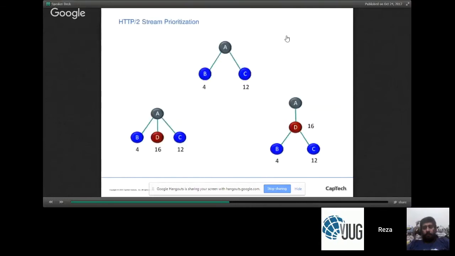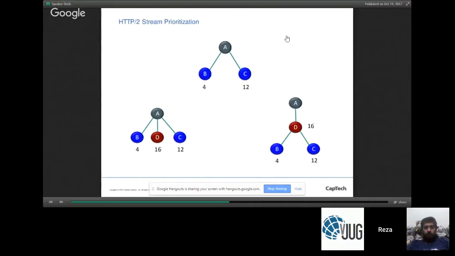Stream prioritization is another important optimization technique, and this also bears a little bit of thinking. So let's take for a second that we have a web page A, but that web page A depends on resources B and C. Okay, but resources B and C are not created equal.